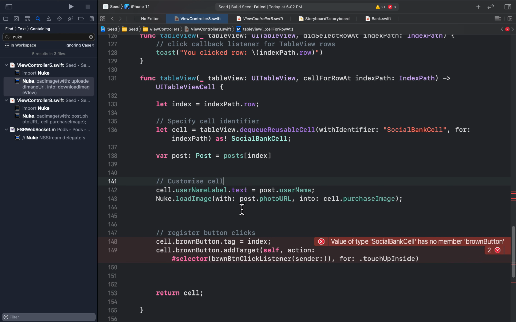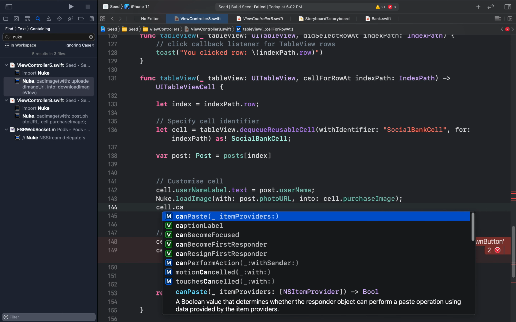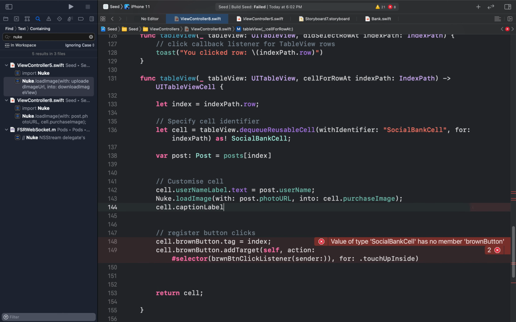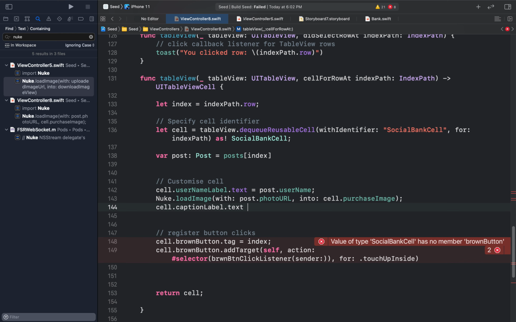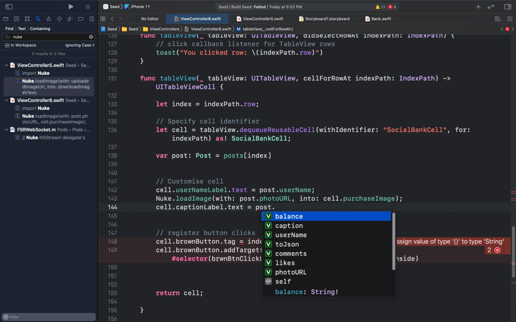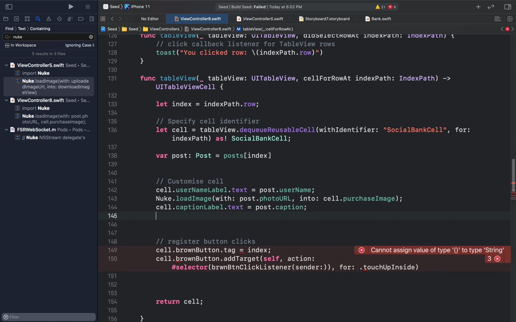So next we have our caption. So we say cell dot caption label, cell dot caption label dot text equal to, that would be post dot caption. Okay, then next we have our